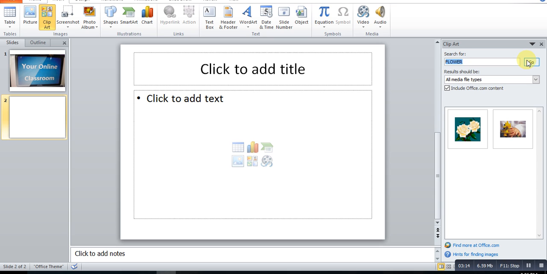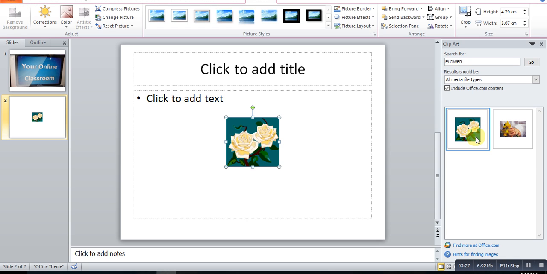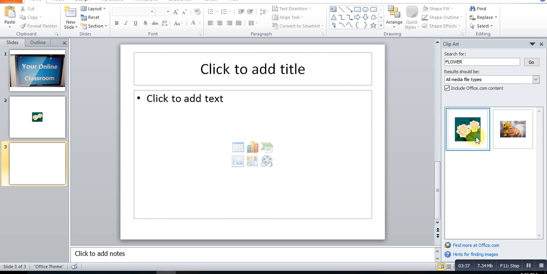So now, let us proceed to insert clip art. Review the results from a clip art search in the clip art pane here. Then select the desired image. So now the clip art will appear in your slide. You can also select the Insert Clip Art from File command in a placeholder to insert clip art, which is here.